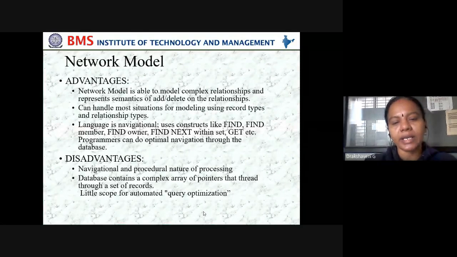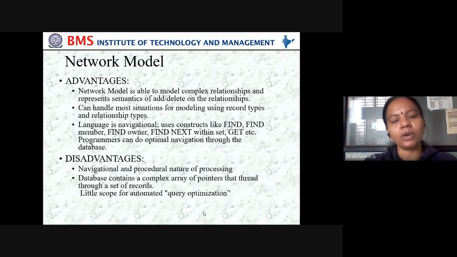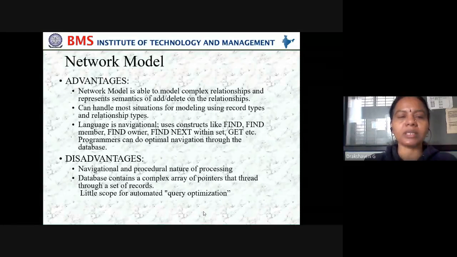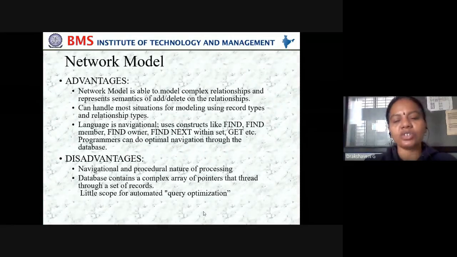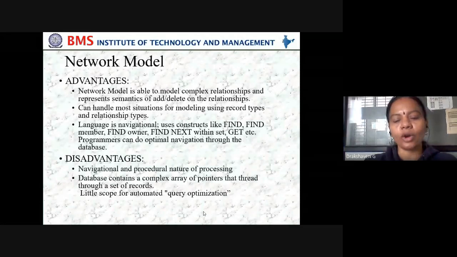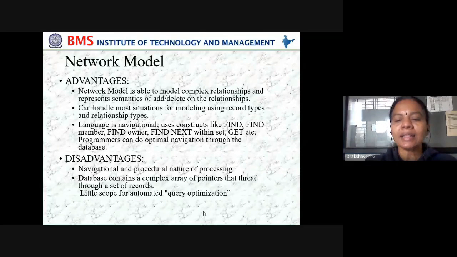The programmer can do optimal navigation through the database. And the disadvantage of this network model was that navigation and procedural nature of the processing was a bit difficult, and the database contains a complex array of pointers that thread through a set of records, with little scope for automated query optimization.